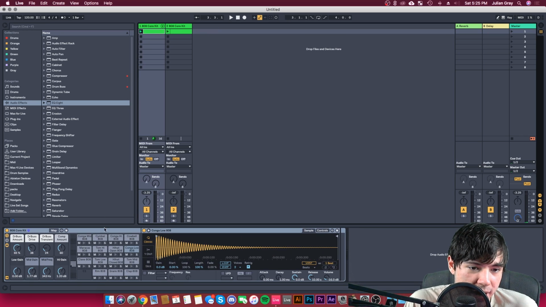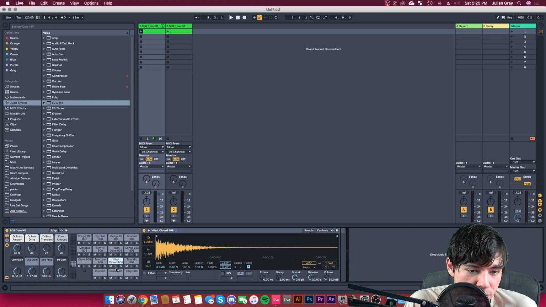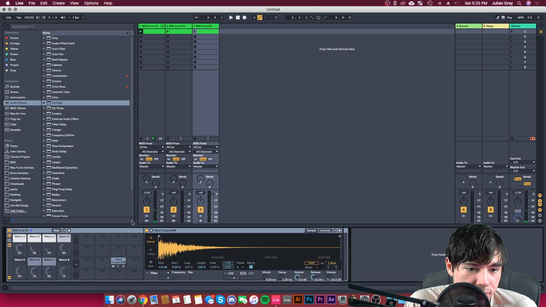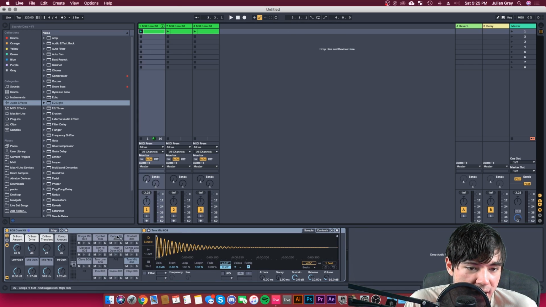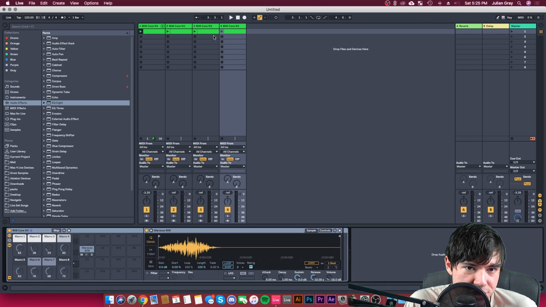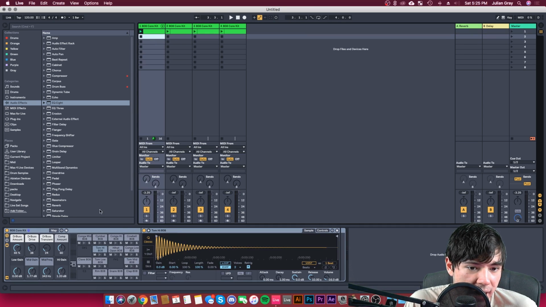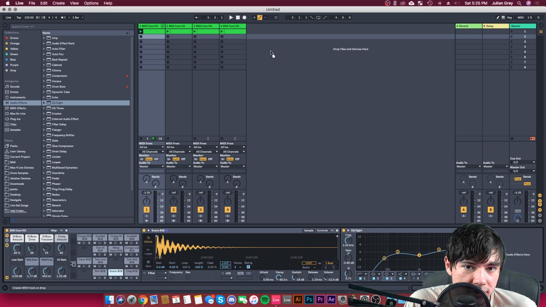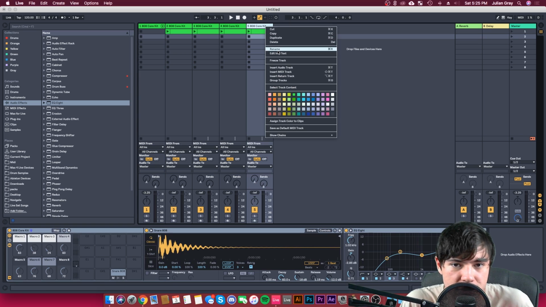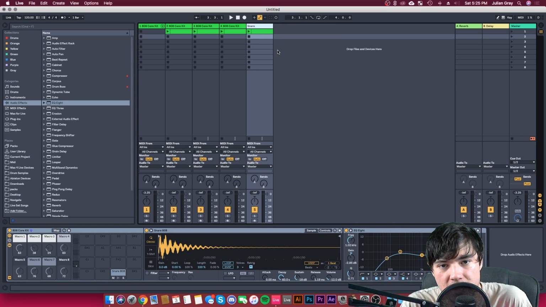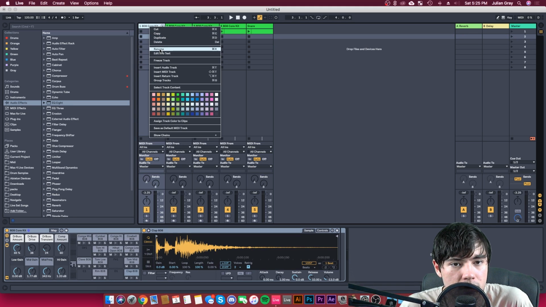I'm going to go ahead and drag out the, let's see, closed hi-hat, and then I'm going to go ahead and drag out the maracas, as we just established, and then we're going to go ahead and drag out the snare, so we have that on its own channel as well. So now we can name these accordingly. Snare,